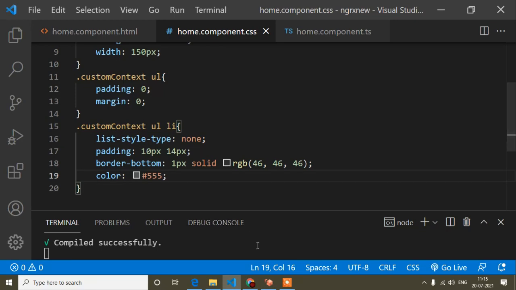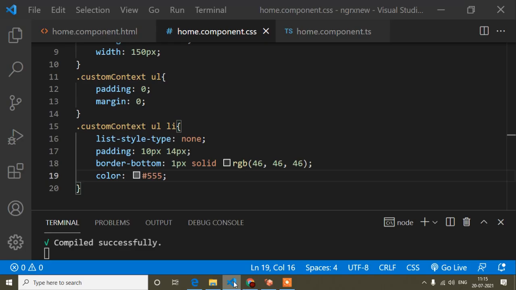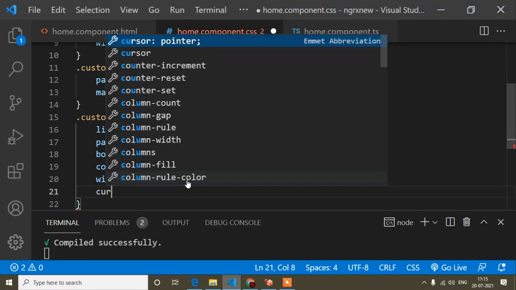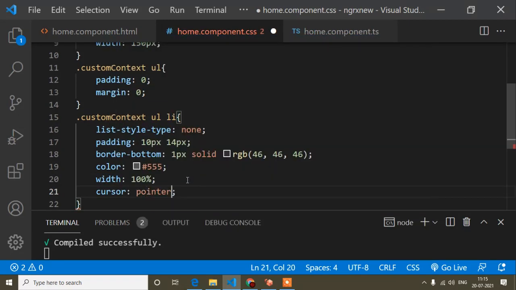So now I will check in the browser. So open, you can see the menu is now showing like this. Okay, so here I will set width is 100% and cursor is pointer.